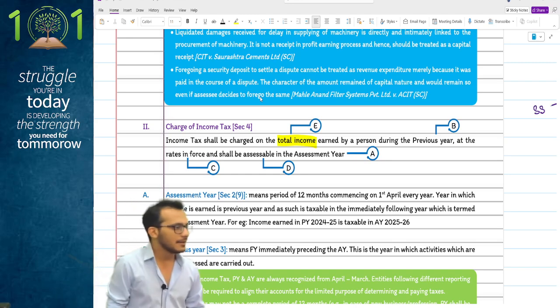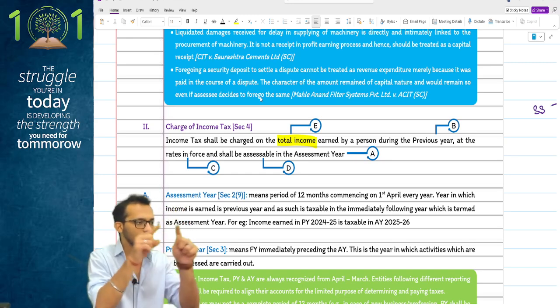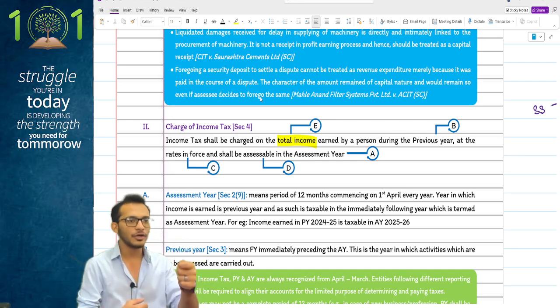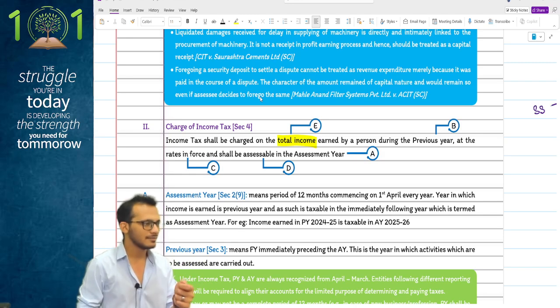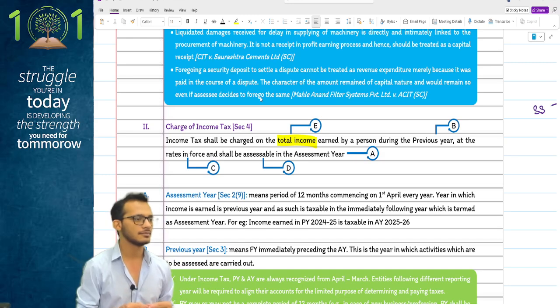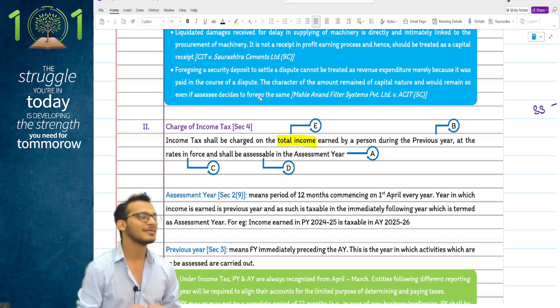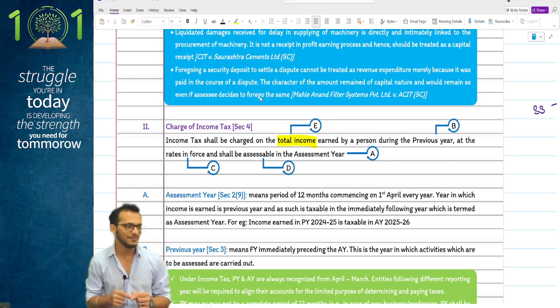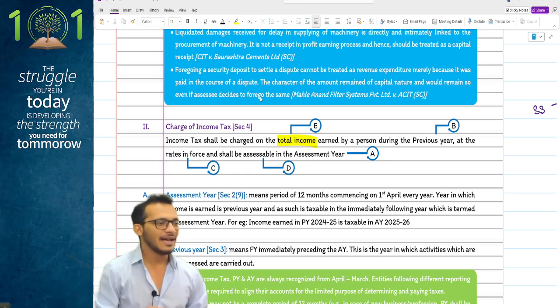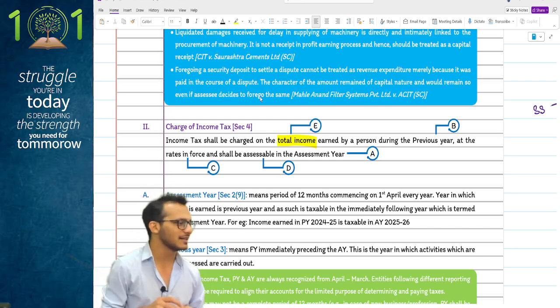Correct. You are getting married. People are coming to your marriage and giving you that moi, or lifafa in Hindi, moi in Tamil. You're getting money inside it. Capital or revenue? No doubts about it. You're not getting married regularly just to get the money. I mean, if you are, then it's a different conversation. But I don't expect people to get regularly married just to get that money. Therefore, it is